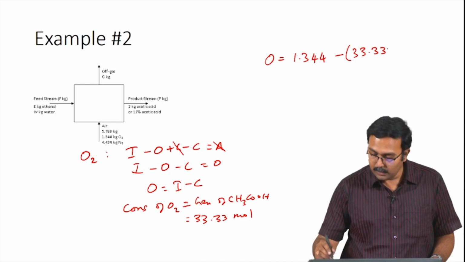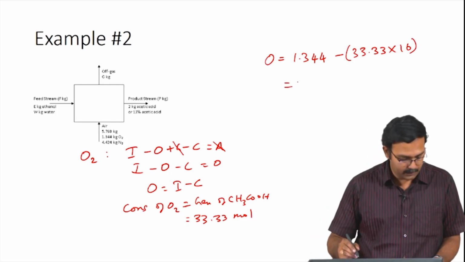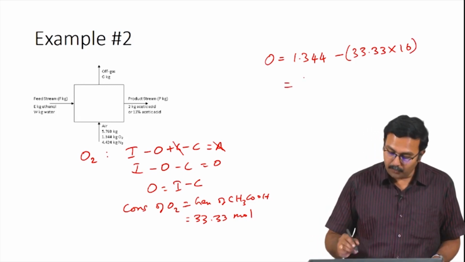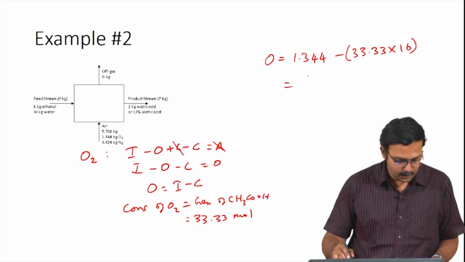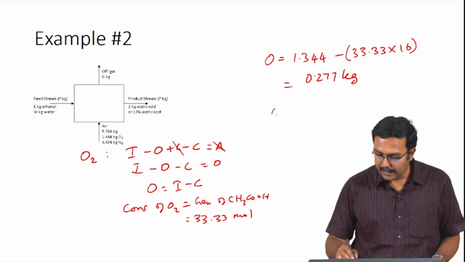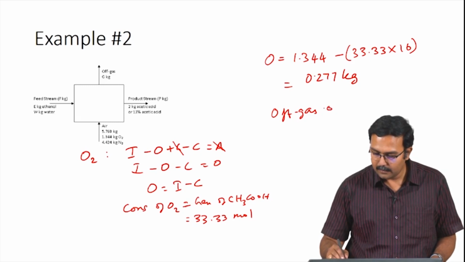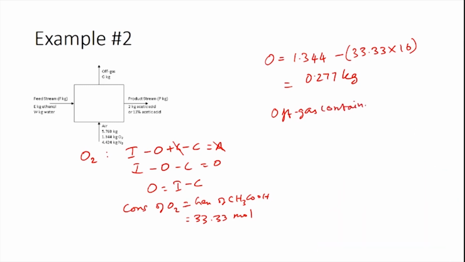33.33 moles. Converting this to mass by multiplying it with the molecular weight of 16, we would end up with the mass of oxygen in the off gas as 0.277 kilograms. So, off gas contains 0.277 kilograms of oxygen. Nitrogen does not take part in the reaction, which means the nitrogen balance becomes very simple,